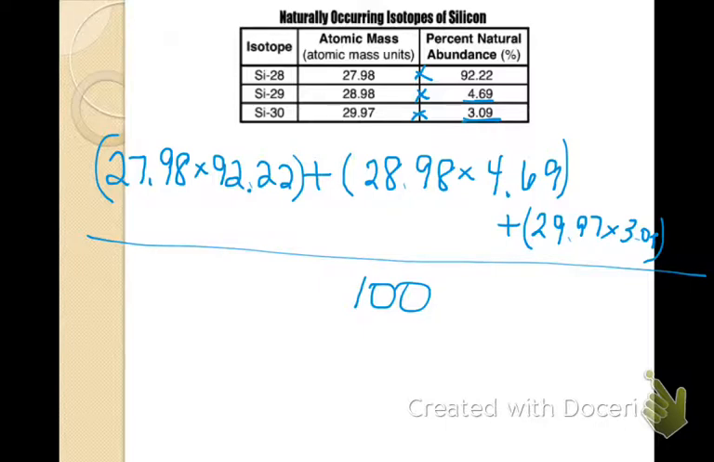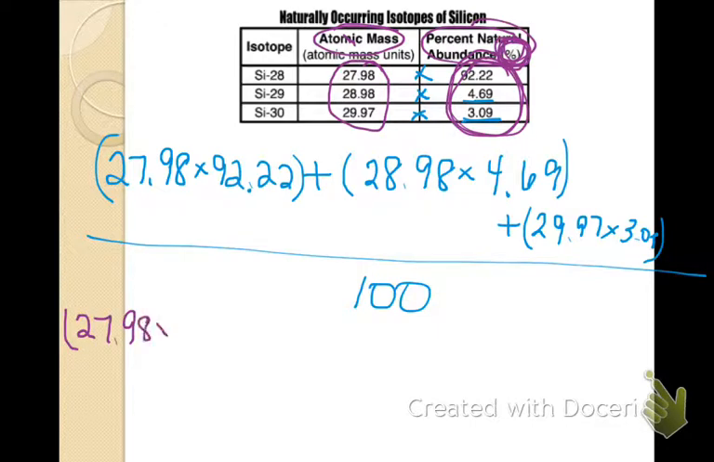Now, one thing that they did here, I want you to notice, is that they put the atomic mass first and then the percent. So do not, I repeat, do not put any of these numbers in decimals. Only put these numbers in decimals if you're going to, because that's the one that has the percent right there. Alright? So instead, it would have been 27.98 times 0.9222 plus the 28.98 times this number in a decimal, so it's